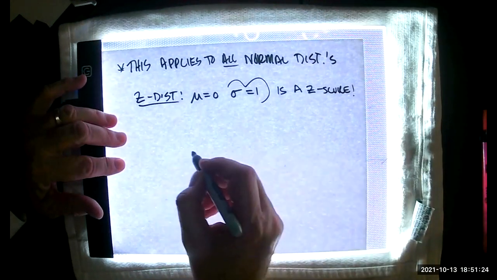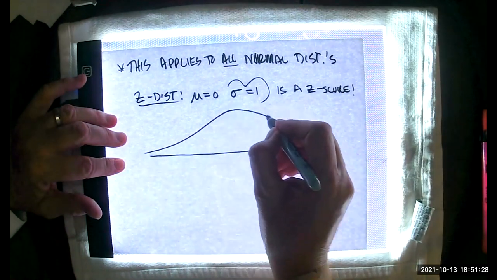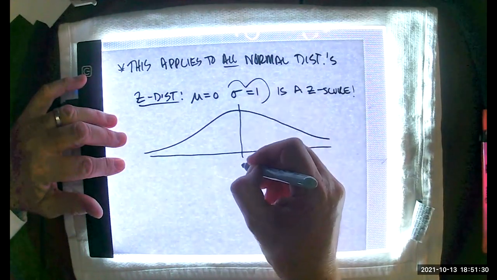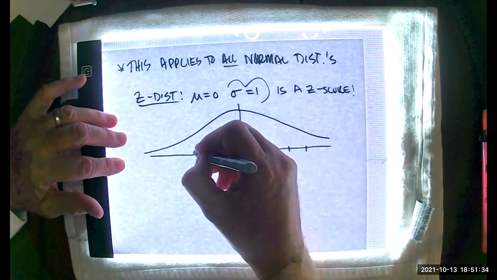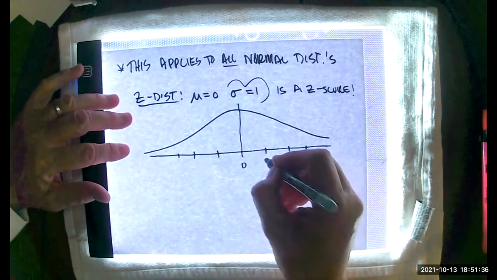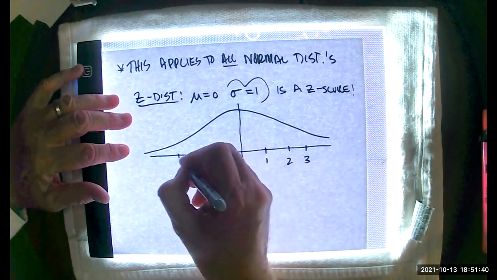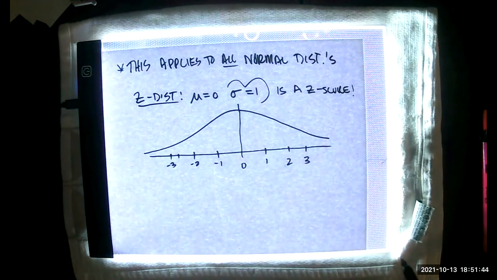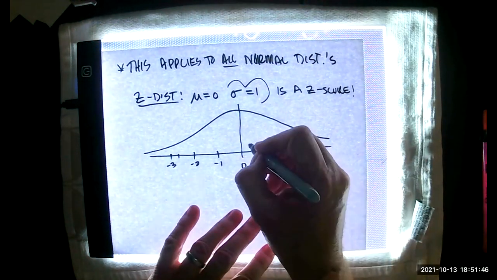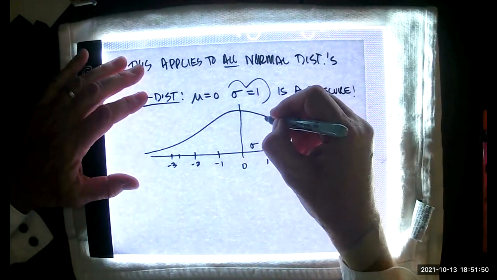So what that means is that for our normal distribution here at 0, as I walk up, as I walk down, and I had this in my notes from last night. These are the standard deviations, sigma. And as I noted last night,